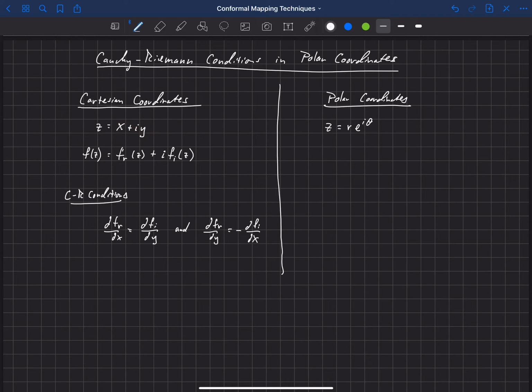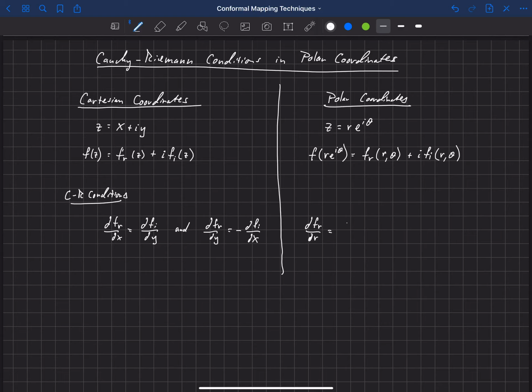Okay, so then our function f of z, and I'm going to say f of r e to the i theta, can have a real component. So we'd have a real component to that function that could be a function of r and theta, and then an imaginary component. So here's our imaginary component of that function that can also be a function of r and theta. And the Cauchy-Riemann conditions then, with those definitions, are that the partial of the real with respect to r